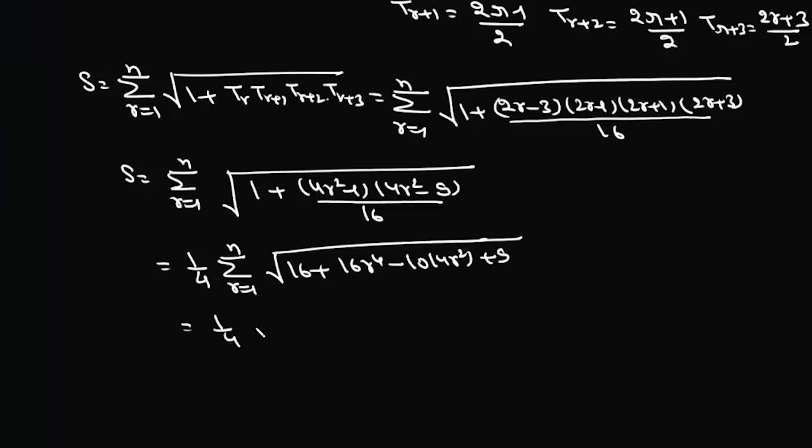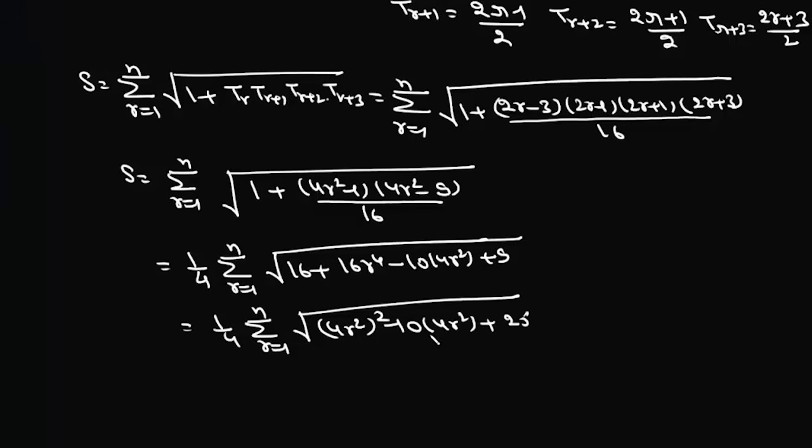Now this is 1 by 4 summation r varies from 1 to n of 4r square whole square minus 10 into 4r square plus 25. So this is a square plus b square minus 2ab, which is a minus b whole square. So it will be 1 by 4, and then summation r varies from 1 to n